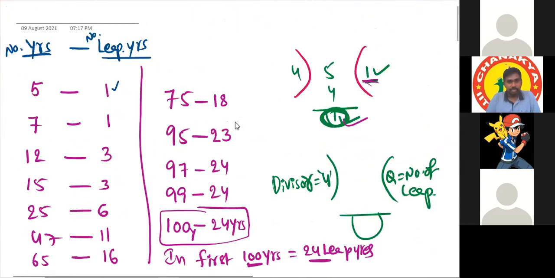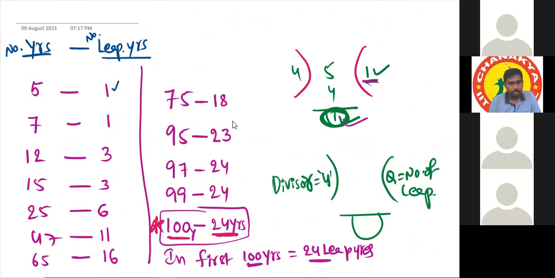How many leap years will be there in 100 years? 24 guaranteed. Sir, is there any trick to find out, or do we have to memorize the number of leap years in a certain duration? No need to memorize. If any year number is given, divide it by 4 and the quotient is your answer. Here 100 is given, so if you divide it by 4, the quotient is 25. Yes or no?